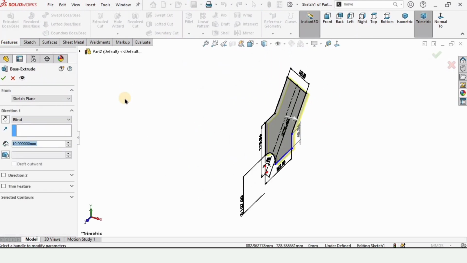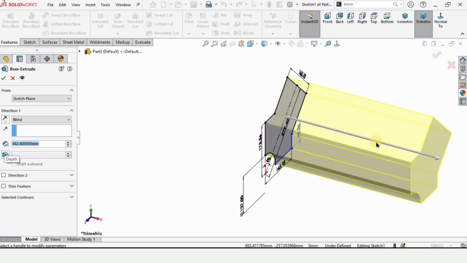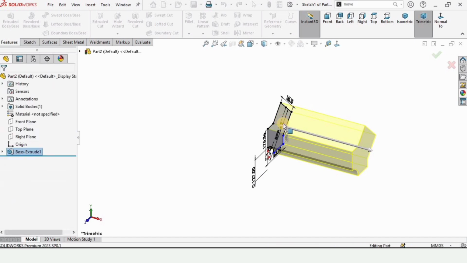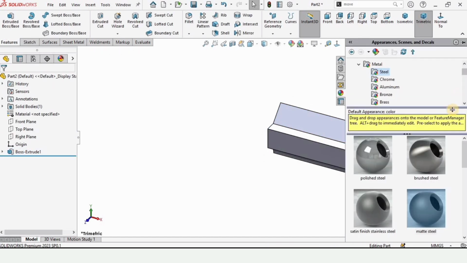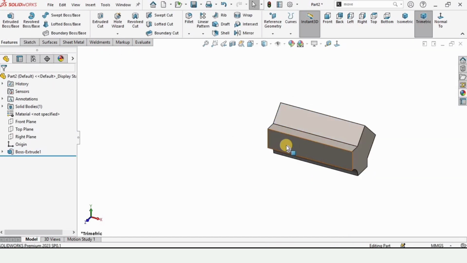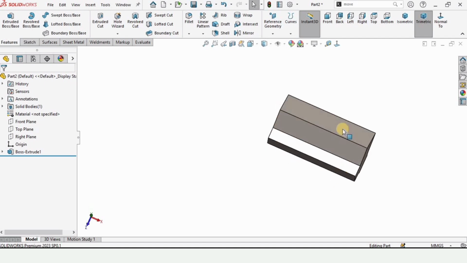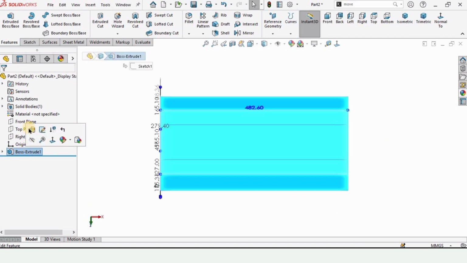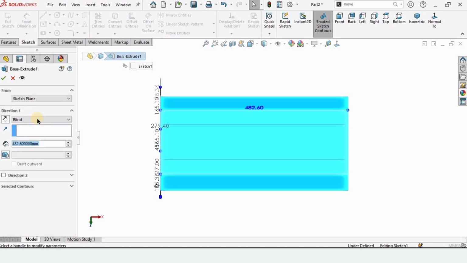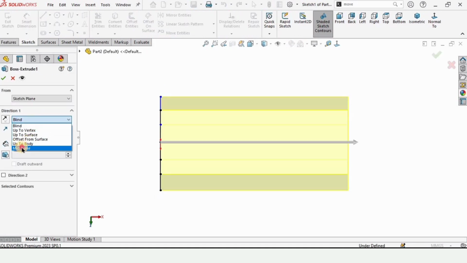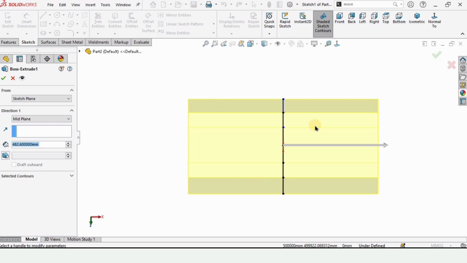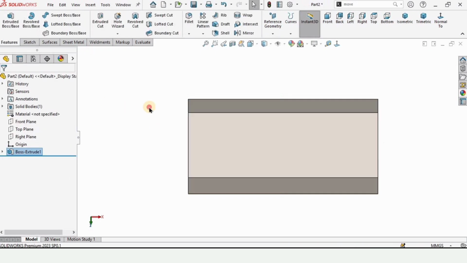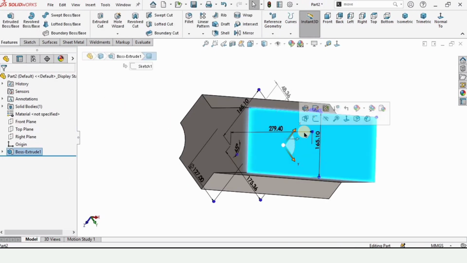to be extruded. So I'm selecting this extruded boss and here specify the length of extrusion 482 and check this box from here. Let me specify some appearance. This is optional, you can specify any appearance you like. Let me edit it. Right click here and select this first option, that is edit feature. From here change this to mid plane because I want the material on both direction, which would be helpful in